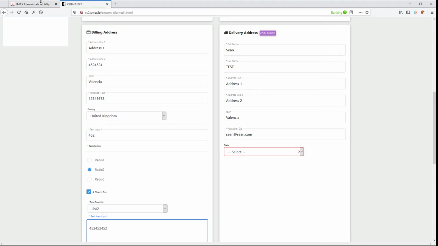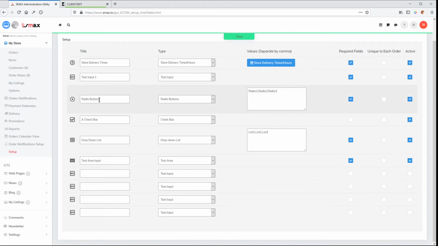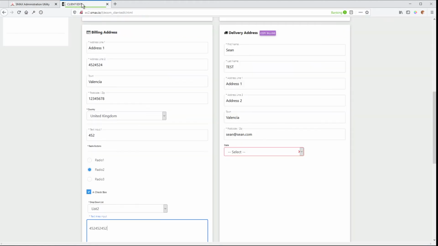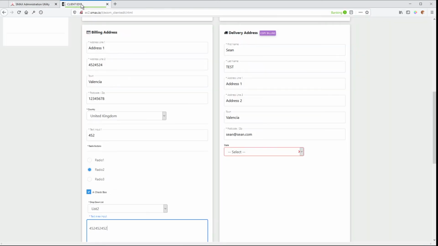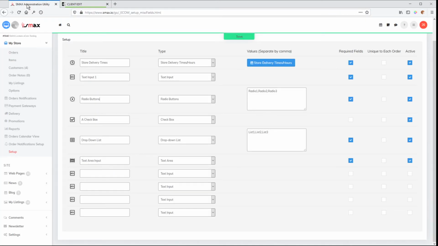We've got the radio buttons title here, and then we've got our options. So how do we add options? Well, we had to make an easy way of adding options, and the way we've done that is by a comma. You have your text area box and you've got a comma separating each of these options. So if we add another one,